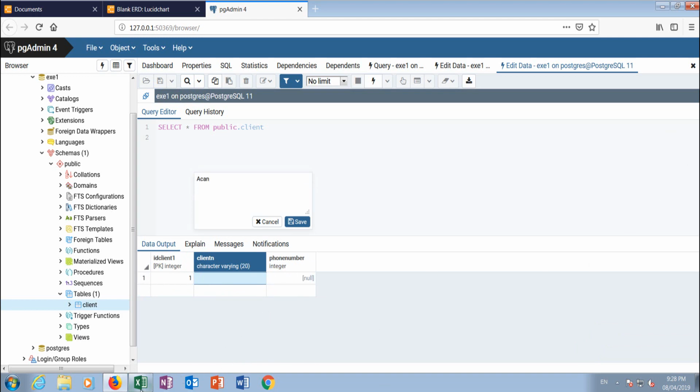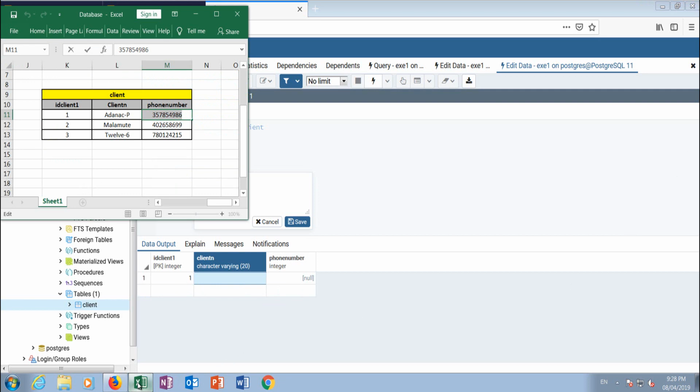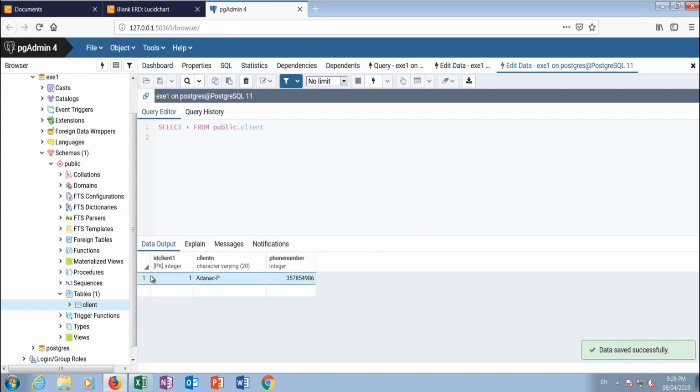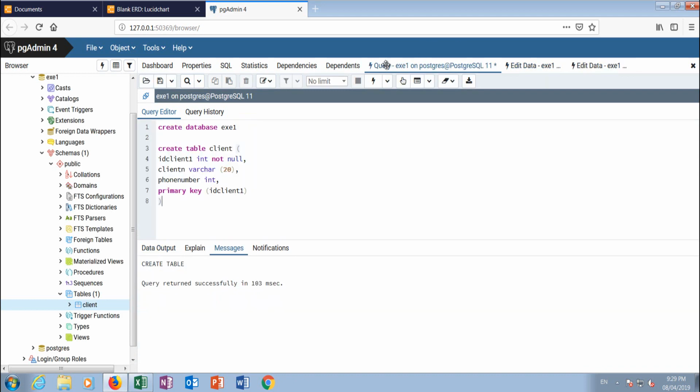What was the name? Adanak P, save, and the phone number was this one. Now save. Okay. In order to eliminate this row, we have to use a SQL statement. Okay. And now let's do it. To eliminate this row here,